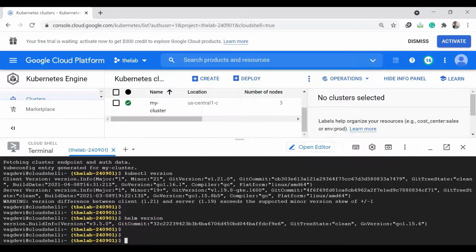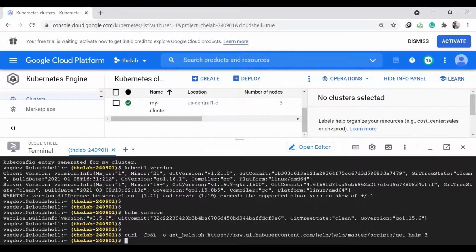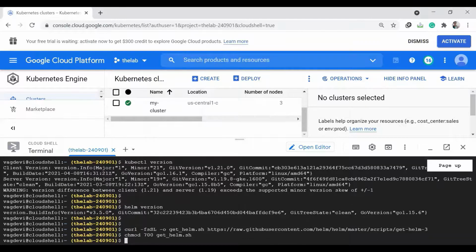So for those of you who haven't done that, the commands to do it are, first of all, this one, okay, and then give the execution permission to the file, and then execute this shell command.